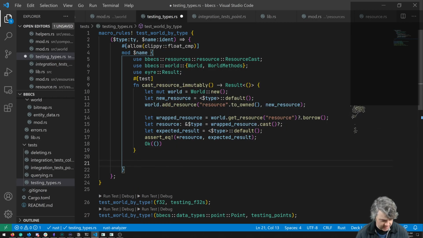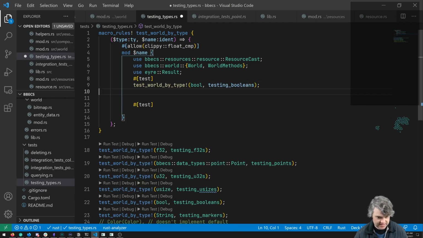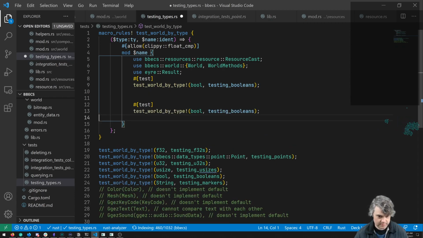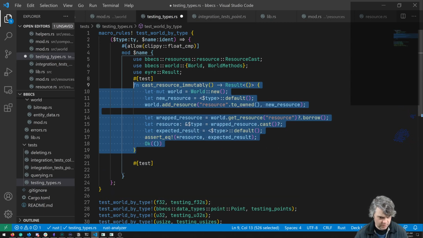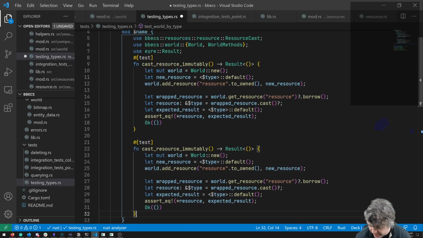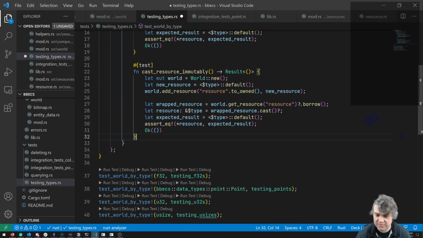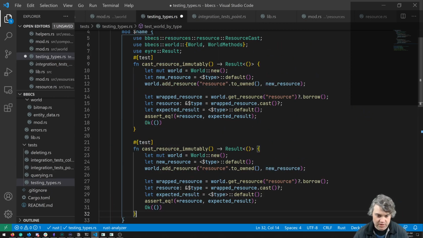So basically, then we can start adding in new tests. We cast resource immutably first, and now we're going to cast it mutably. What happened? Did I cut? I must have cut, or I must have pasted instead of cut, or copied. All right, so now we're going to cast resource